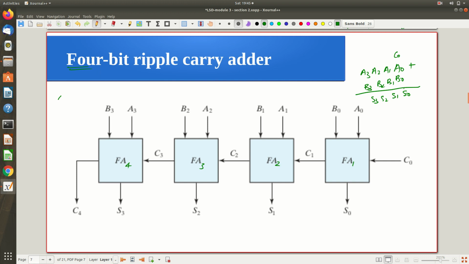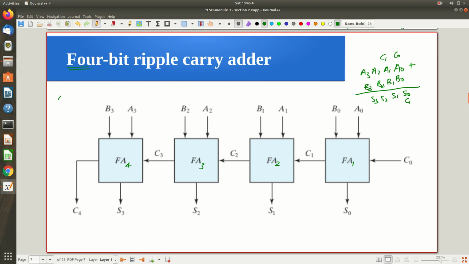From here, A0 and B0, it's generating a carry, and this carry is for this position. So that is why I am denoting it that way. Here it is not denoted like that, that is a notation only. You can denote it in any way. The carry that is generated from the A0, B0 position, if you want, you can denote by C0. But here they are denoting it as C1, because this is a carry for this position.